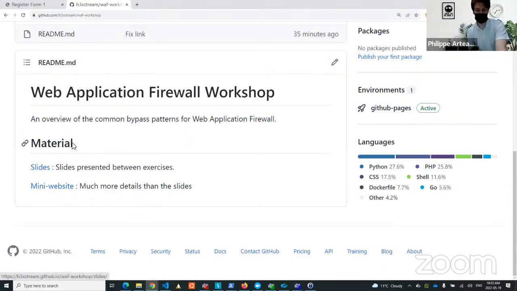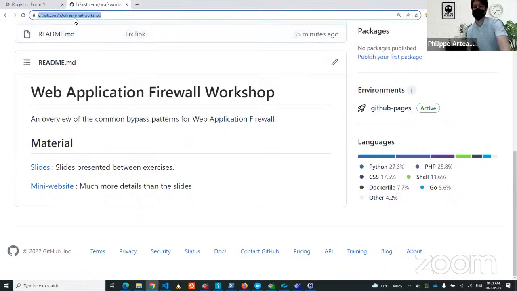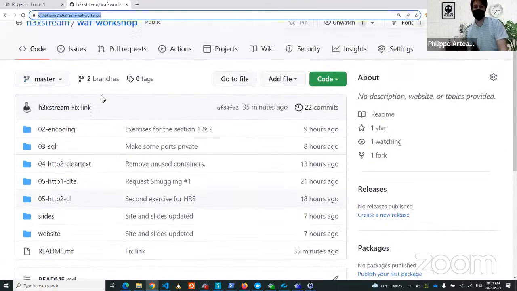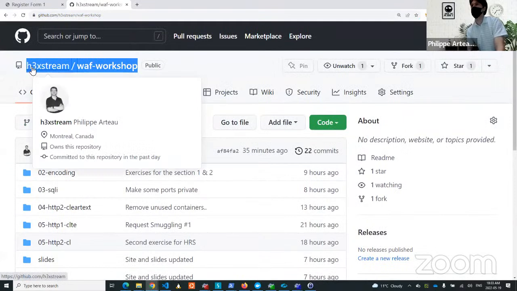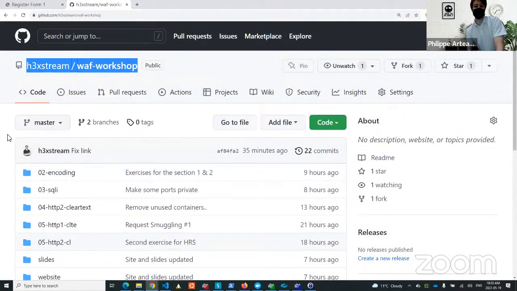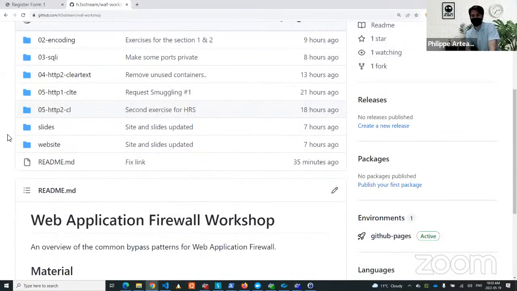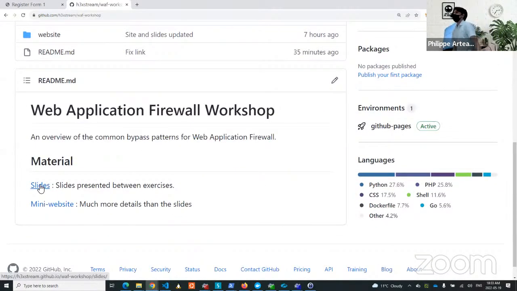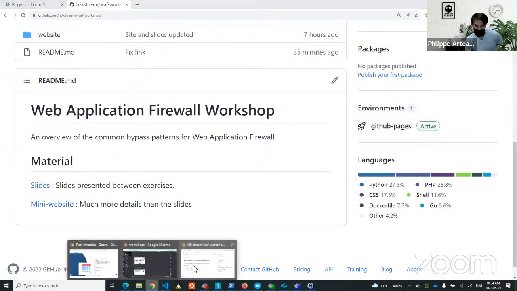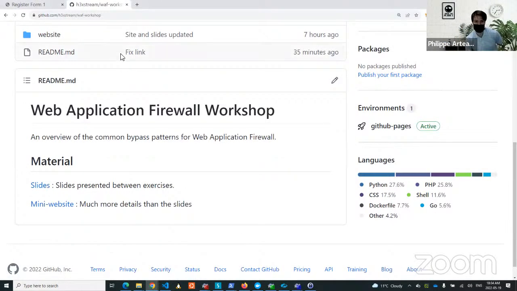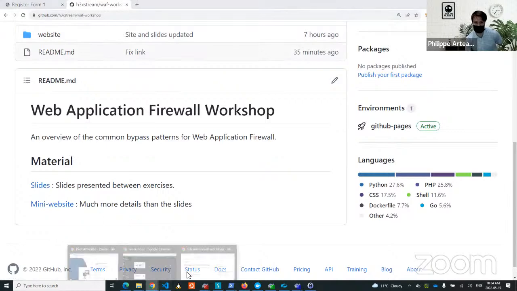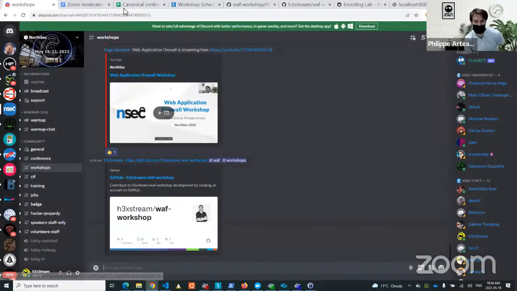So basically, if you open the WEF workshop, and you'll find the slide, and so that's a lot of things to follow. But WEF workshop, open the slide, and then whenever we'll encounter a